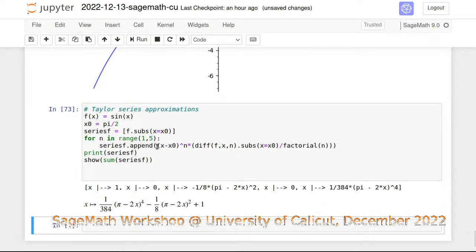What is this x minus x naught? So the formula, the Taylor series is that f of x naught plus f dash x naught, which is first derivative, into x minus x naught, f double dash x naught by 2 factorial x minus x naught square. So etc. We are supposed to go on like that. So what's happening here? f of x naught, that's fine,